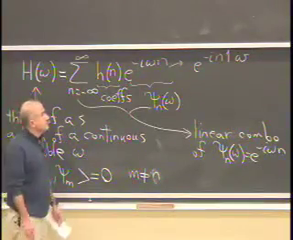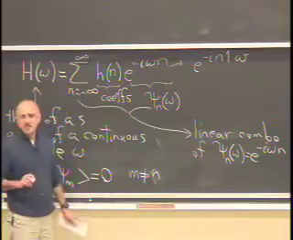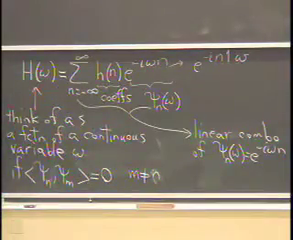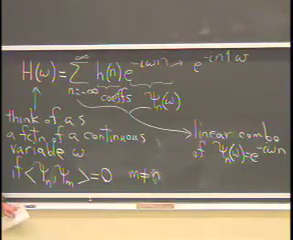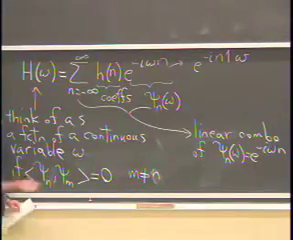Right? Why is my omega naught equal to 1? Can somebody tell me why that is? What's special about h of omega? It's not just any function of a continuous variable. It has a certain property. It's periodic with period 2 pi. H of omega,